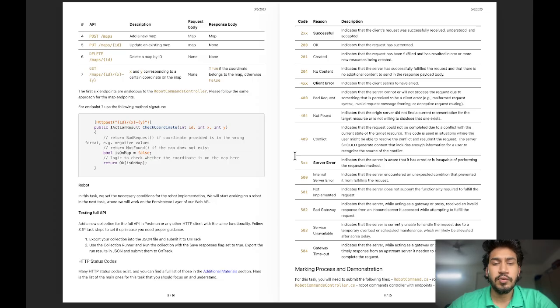For the storage in this task, I used an in-memory static list, so that the data lives in memory while the application is running. I simply focused on getting the API logic and HTTP responses correct. I used HTTP routing attributes to map each method to its correct URL. After that, I handled all the edge cases, like checking if a resource exists before updating or deleting it. So now let's move into the code part.